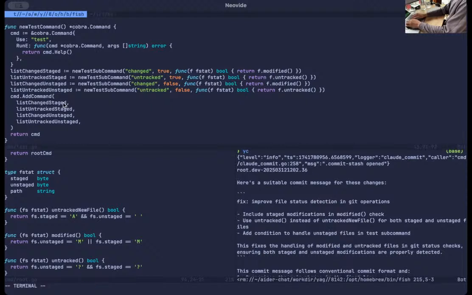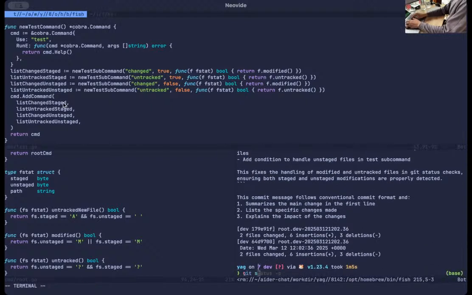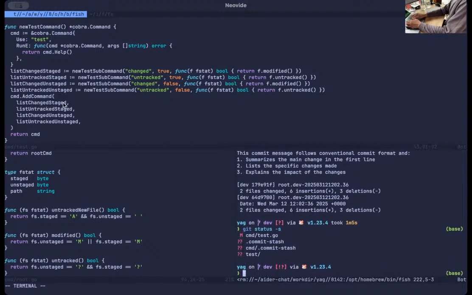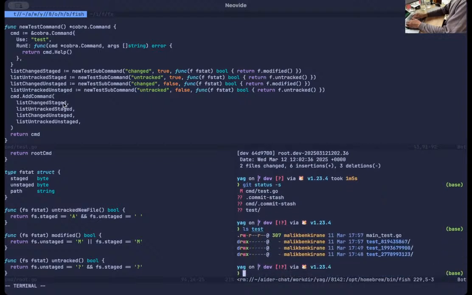So if I see my git status, there is commits, no file I want to actually add, and expect main test.go. But this is why I'm creating new temporary test folders here to make the tests, because now the test will not pass 4. So if I do yak test lists,